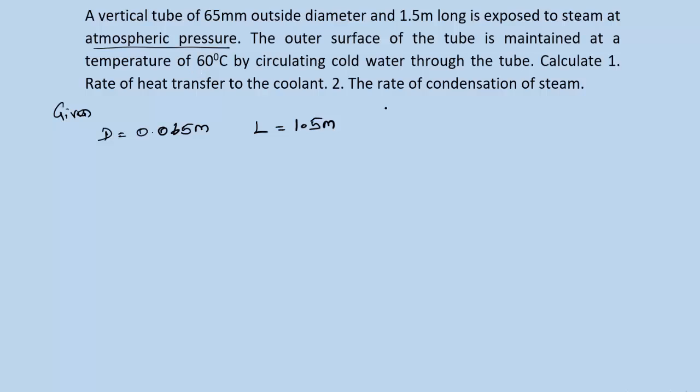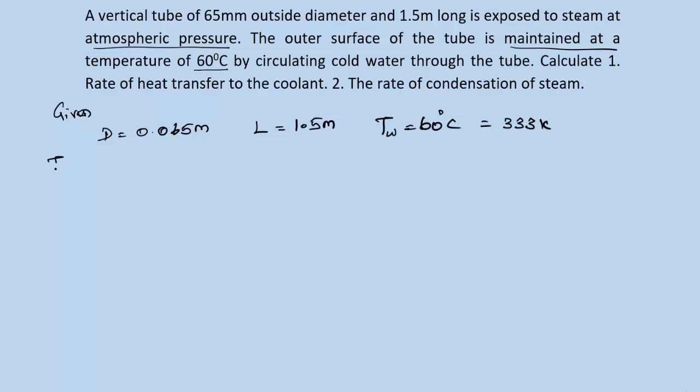So write the given data. TW equal to 60 degree Celsius, which is equal to 333 Kelvin, 273 plus 60 equal to 333 Kelvin, and maintained at a temperature of 60 degrees Celsius by circulating the cold water through the tube. Calculate number 1, rate of heat transfer to the coolant, second one, rate of condensation of